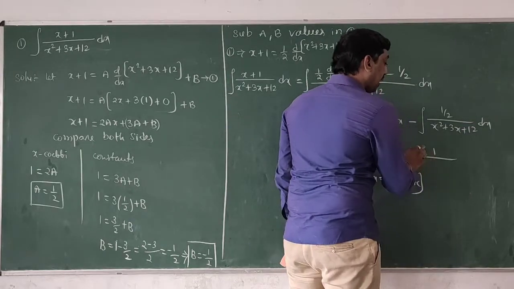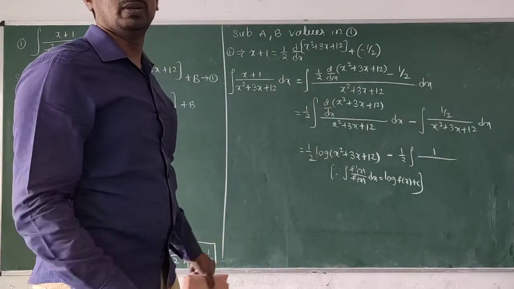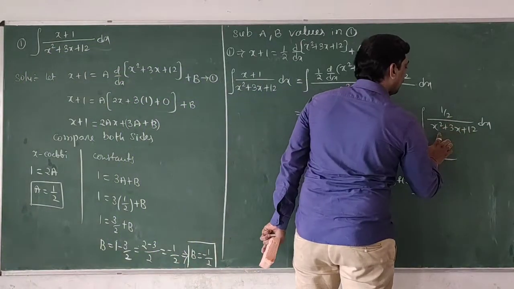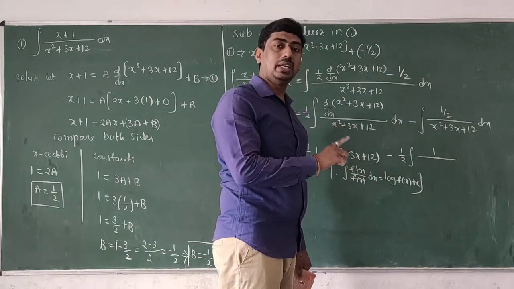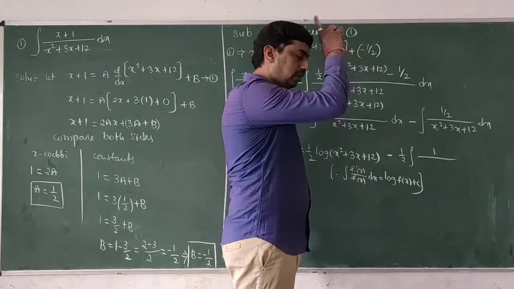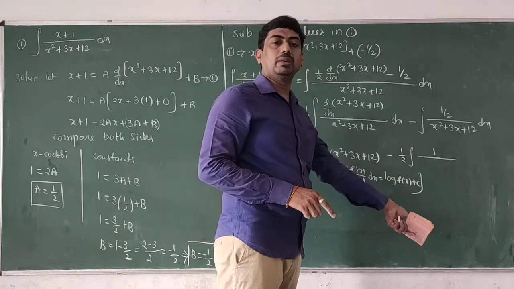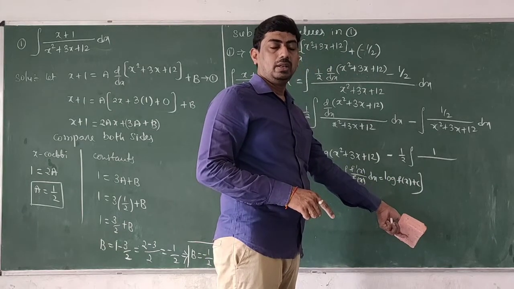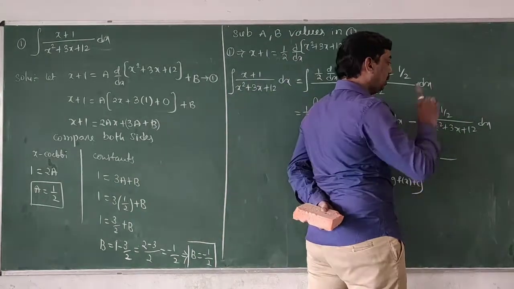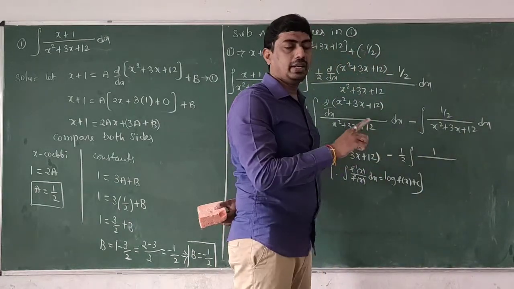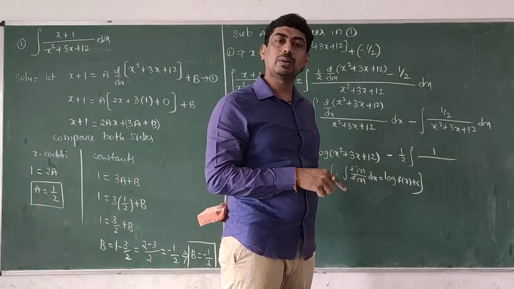Where do we see problems like these? Yes, very good. In method 1 we see the same model problems. Integration of 1 by x square plus 3x plus 12 is in the form of integration of 1 by ax square plus bx plus c. Then we go for method 1. If you know method 1, then we can easily continue the remaining solution. Okay, understood? So transform into the same form. In method 1, reduce ax square plus bx plus c into the form a into x plus alpha whole square plus beta square.